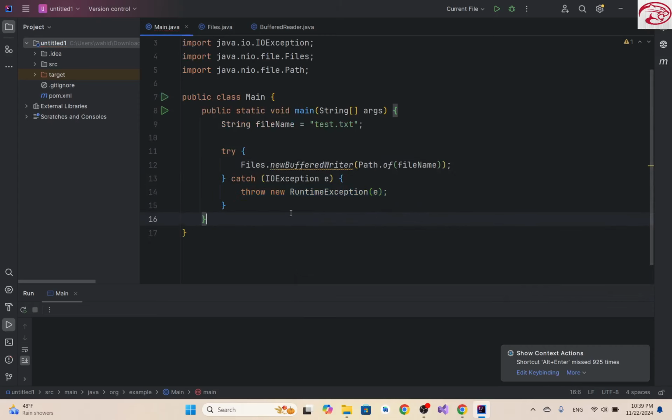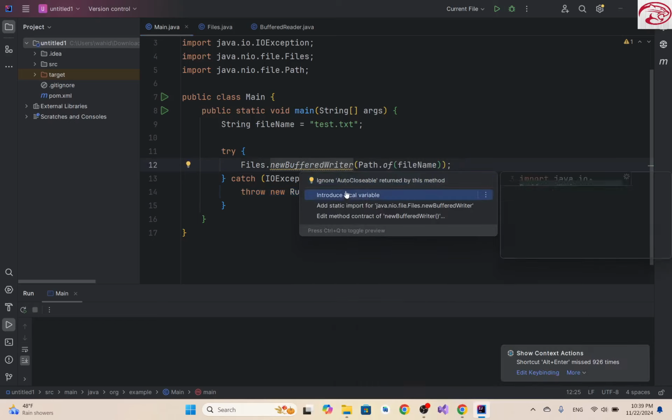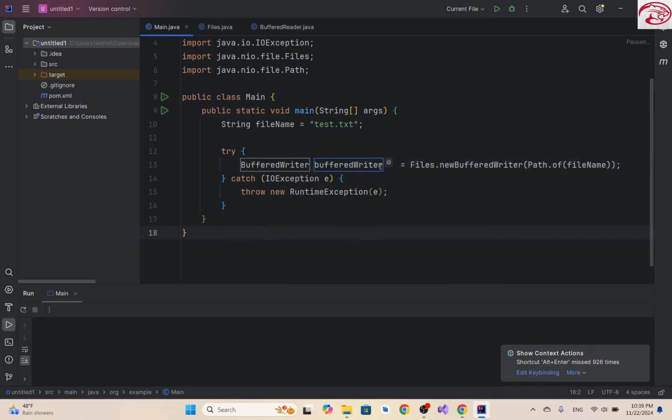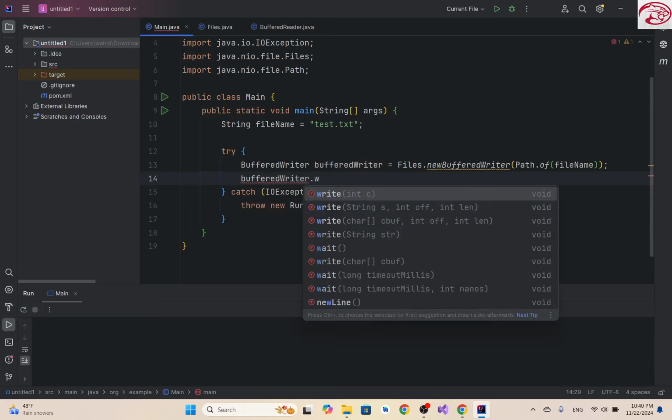Surrounding with the try-catch block, it's going to throw an IOException, and I'm going to catch it here. Whatever it returns, I will store in a local variable, a BufferedWriter object. We got the object, so we can write to this file using it. So let's do bufferedWriter.write. We have a lot of